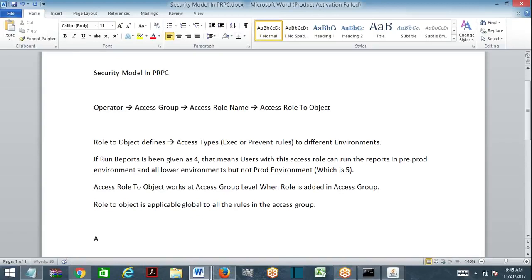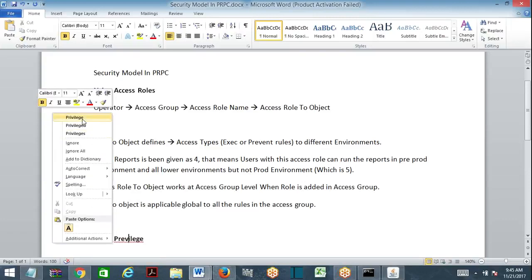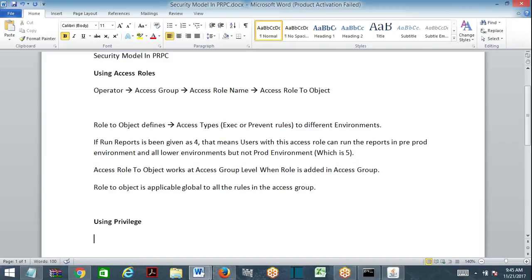Now what is the concept of privilege? This is using access roles. So next, security model using privilege. When I say security model using privileges, how does it work? Access role name, access role to object, privilege.